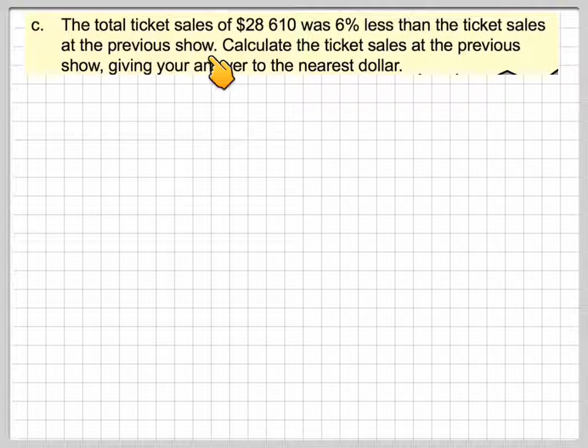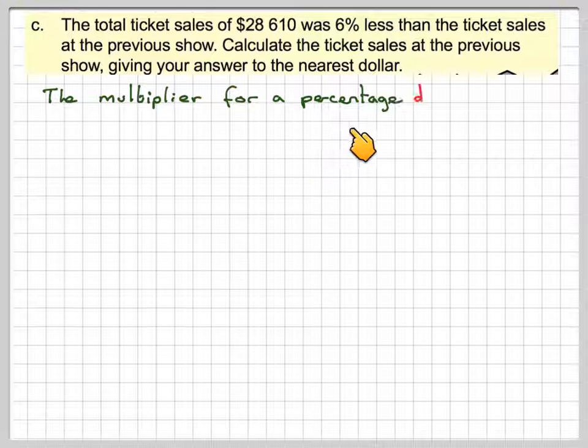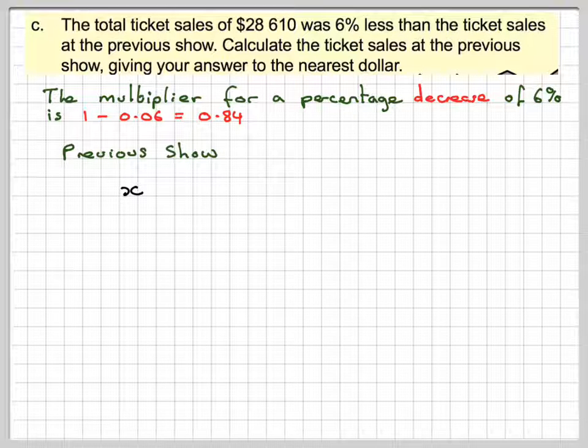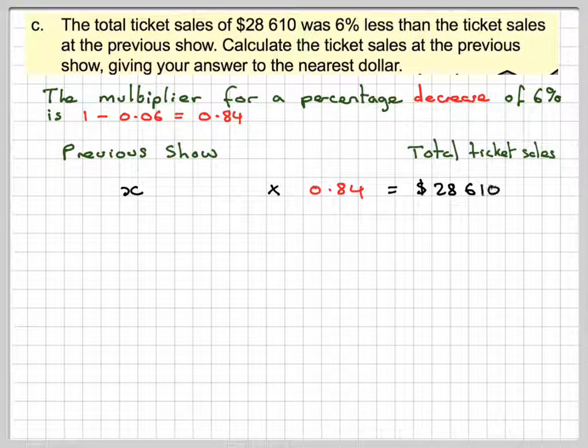Right, the final part, the total ticket sales of 28,610 was 6% less than the ticket sales at the previous show. Calculate the ticket sales at the previous show, giving your answer to the nearest dollar. So, the multiplier for a percentage decrease of 6% is going to be 1 minus 0.06, which is 0.94. Right, so this is a reverse percentage question, so you need to set it out carefully. So the previous show, you're going to let be x. You're going to multiply that by 0.94, because this is discounted by 6%. And that's equal to the total ticket sales for the present show, which is